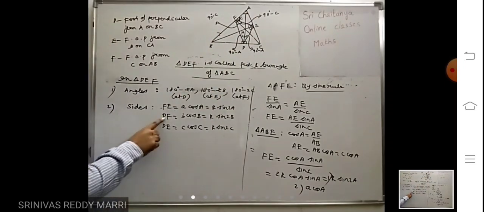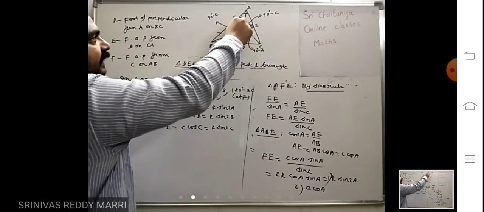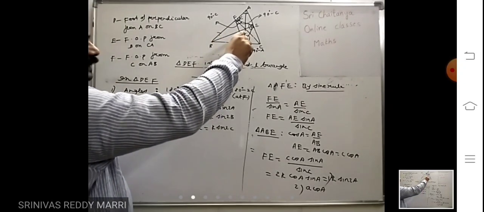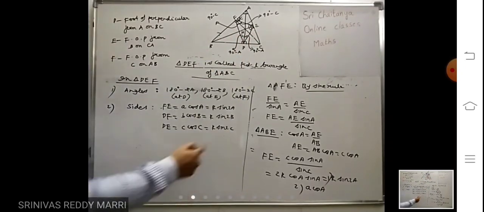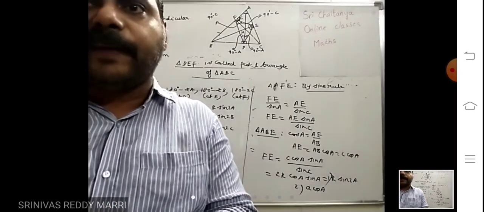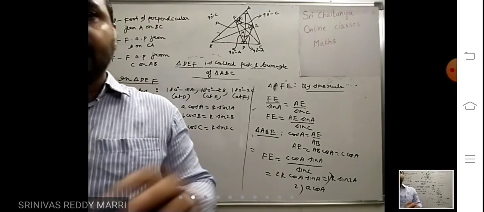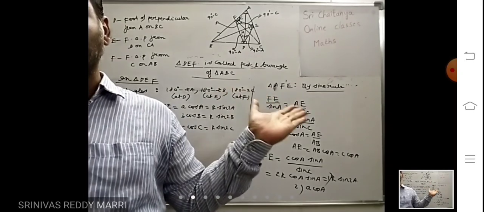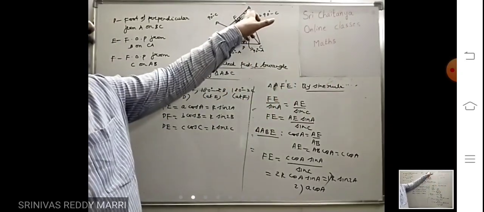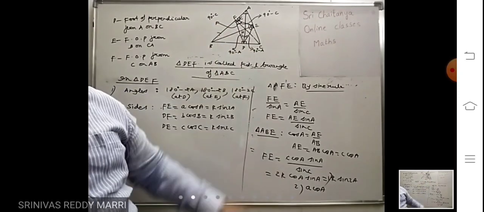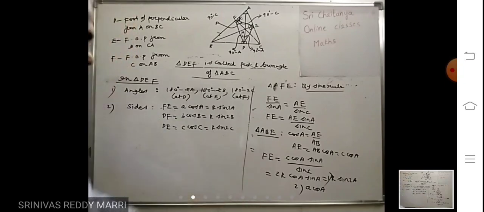R sin 2A. DF, look at DF. Similarly, you will get DF. It is near angle B. That means R sin 2B. If you look at DE, it is near angle C. That is R sin 2C. If you remember both these formulas, it will become easy to calculate anything. So in triangle DEF, the pedal triangle, the angle opposite to angle A is 180 minus 2A, opposite to angle B is 180 minus 2B, and opposite to angle C is 180 minus 2C. So that is the one.